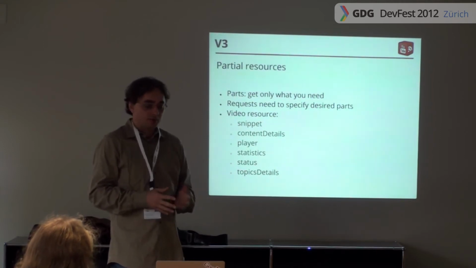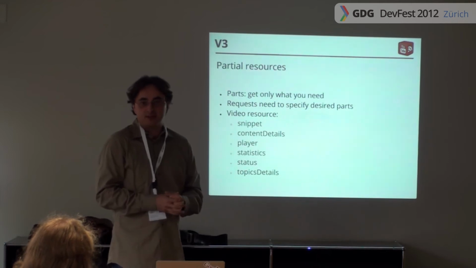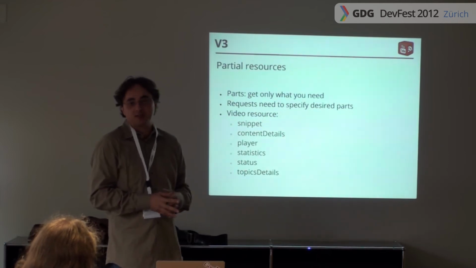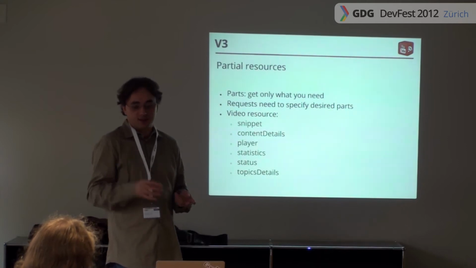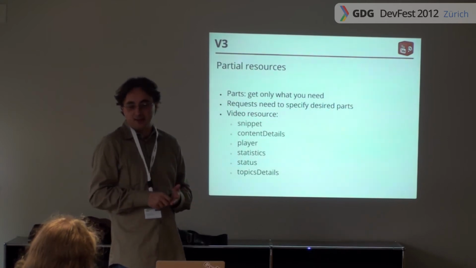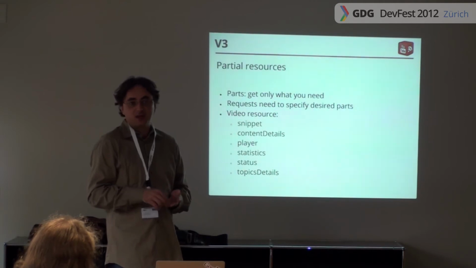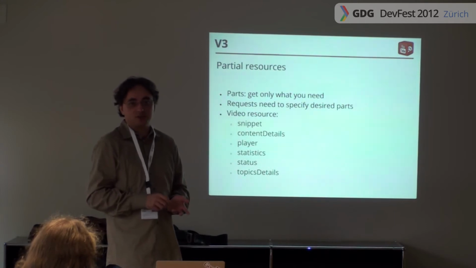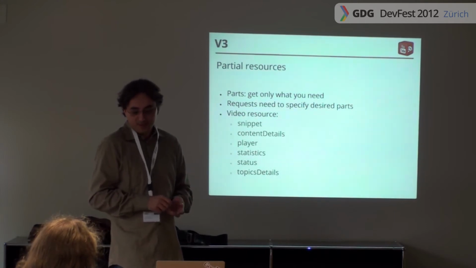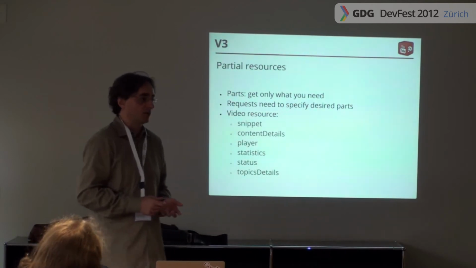So with the new API you can actually specify what you want, and this makes your parser much simpler. It also makes it much easier when testing the API request and the response to identify exactly what the response is. It reduces the bandwidth you need for the application, so it's really a lot more elegant.